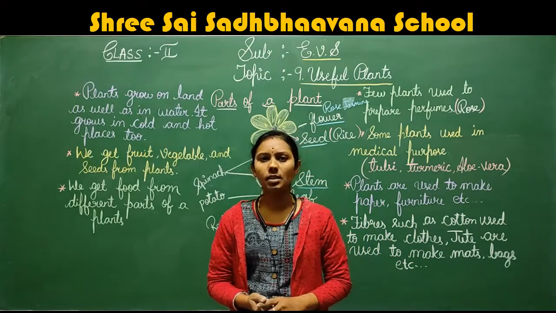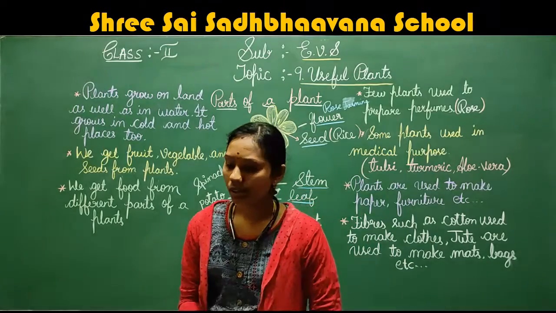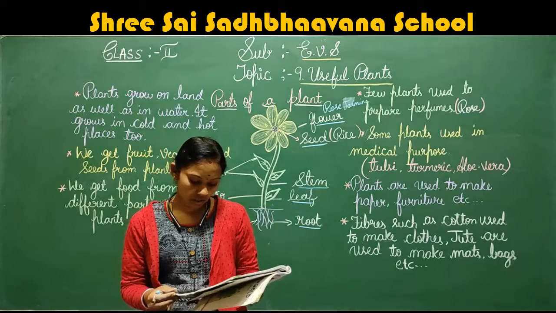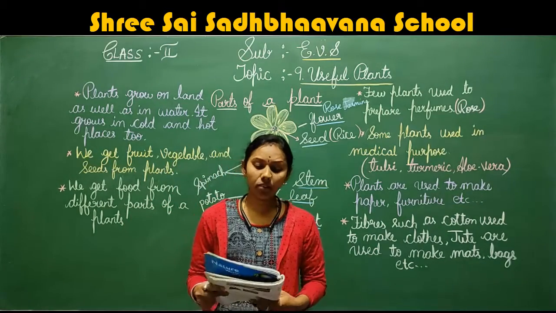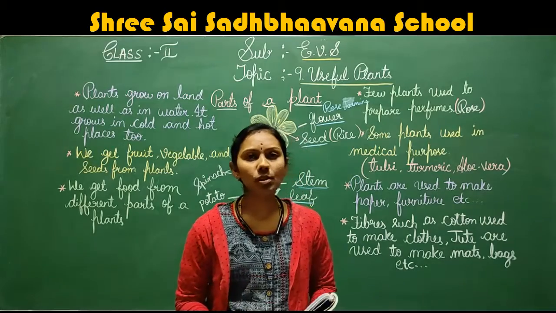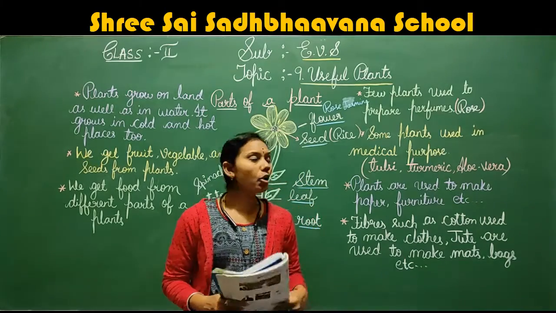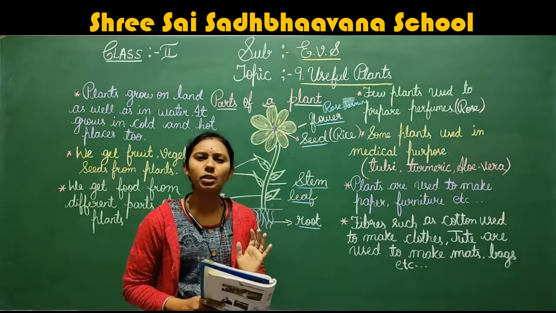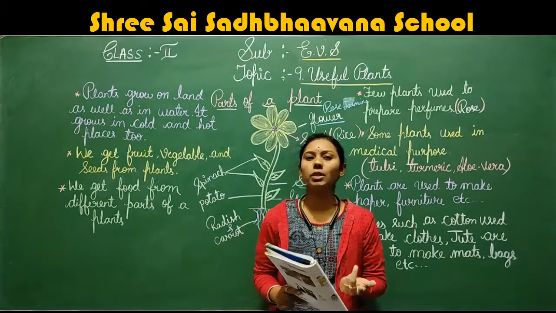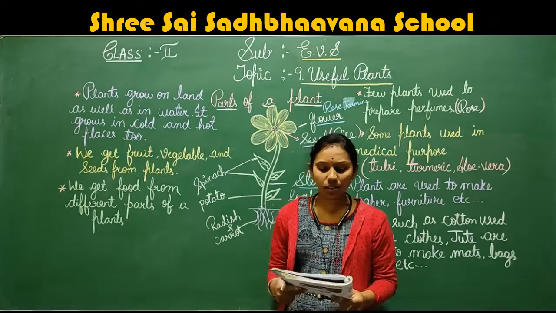Okay, now let us go to the textbook. Open your page number 51. That is lesson number 9, useful plants. Now, children, did you understand something about the plants? Now we will learn more about the plants. Okay, see children,